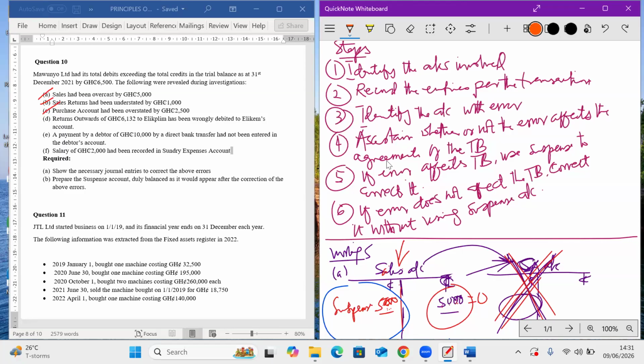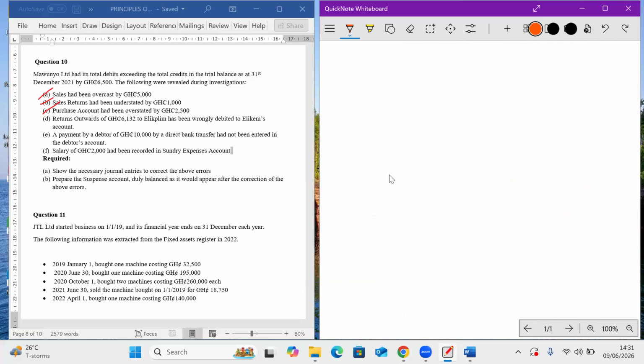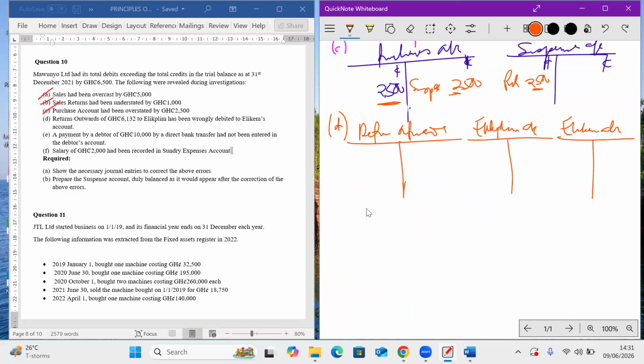Okay, what's the next step? Record the entries per the transaction. So let's go into the accounts. Let's read the transaction. Return outwards of 6,132 Ghana cedis to Eliclim has been wrongly debited